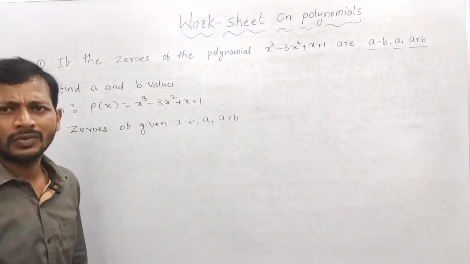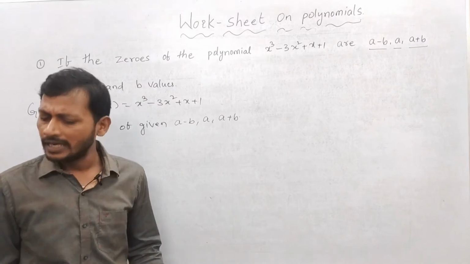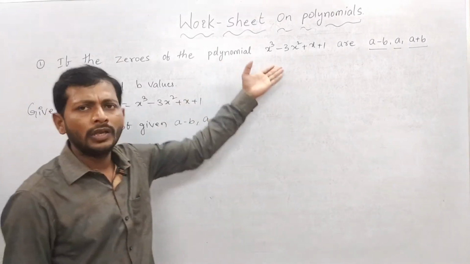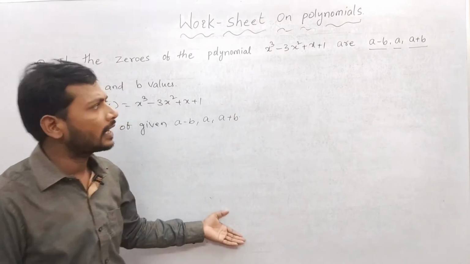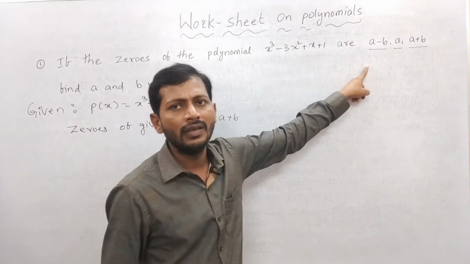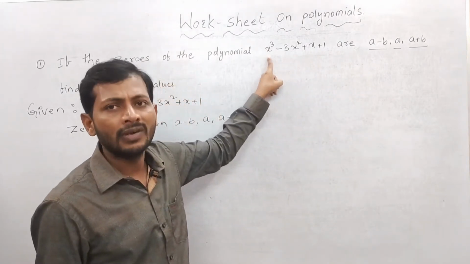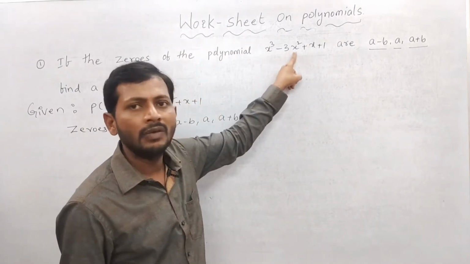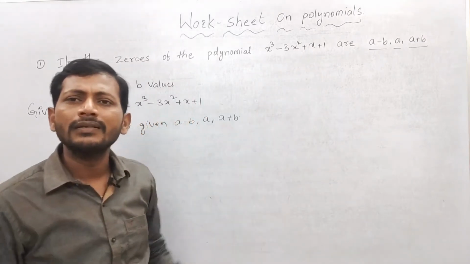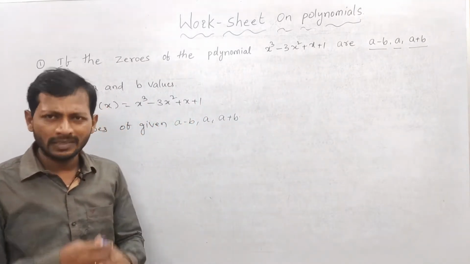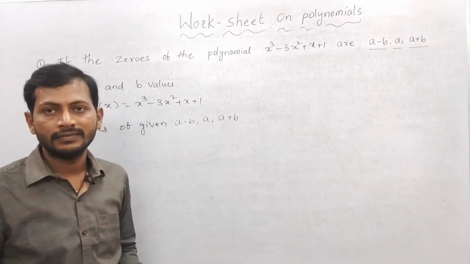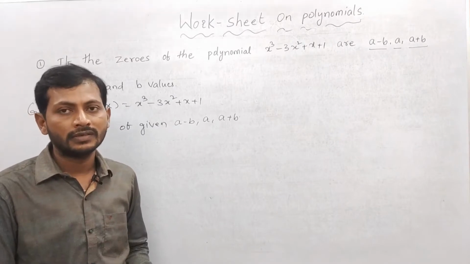Okay, that method also, I won't say it is the wrong method. It is a 100% perfect method. But when you are substituting to get equations, if you observe clearly, the power is 3. Then if you substitute a minus b, whole power 3, here a minus b whole square, here a minus b, the equation becomes lengthy. Then it takes much more time.